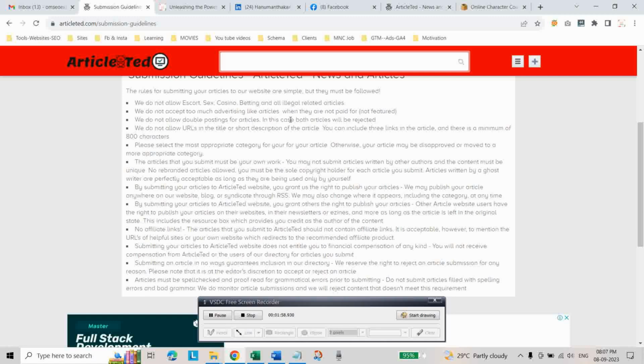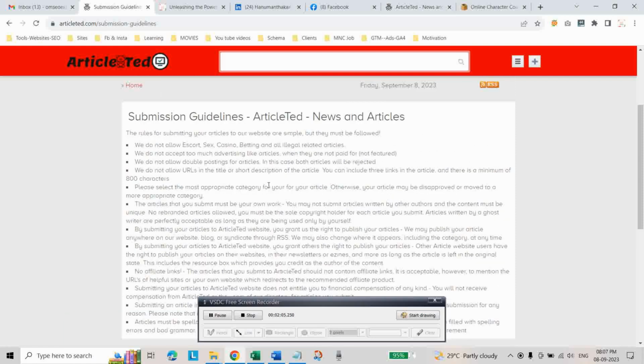Before submitting an article in any article submission website, we have to check the guidelines. In this case, they say we do not allow URLs in the titles or description of the article. Here we can include 3 links in the article, and there is a minimum of 800 characters. We can add 3 links in this article, and to add the article, click on this plus button,